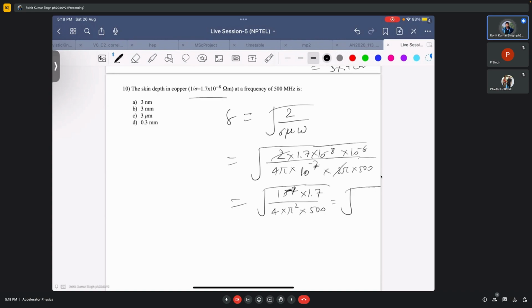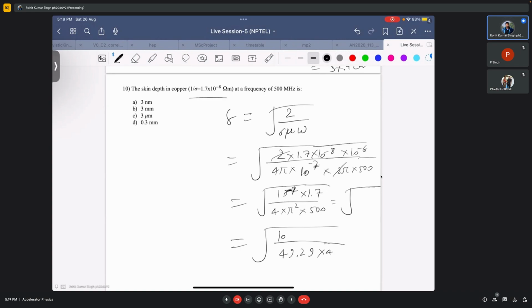What is the value of pi square roughly? 3.14 into 3.14, it is 9.85. Okay, so let's multiply that with 5, so we have 49.29 into 4,